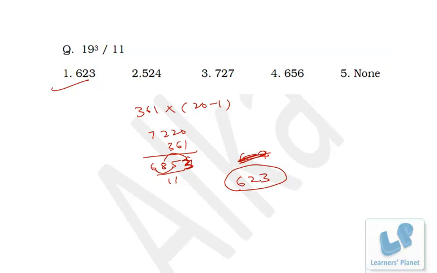And honestly, frankly, to be able to solve this sort of problems, you should be very fast in your calculations, right? None of the questions would take more than 40 or 50 seconds, but you should be clear with the basic calculations, right? You should be knowing the squares up to 50, you should be knowing the cubes up to 20, at least you must be knowing the tables up to 25. That is the preliminary requirement, and you should be able to apply the multiplication shortcuts, that is Vedic mathematics shortcuts. Okay.